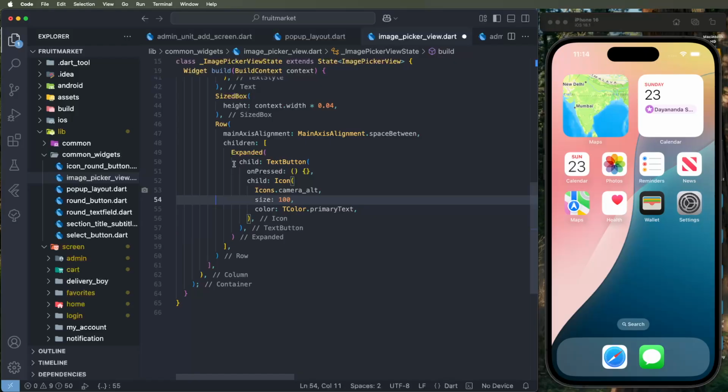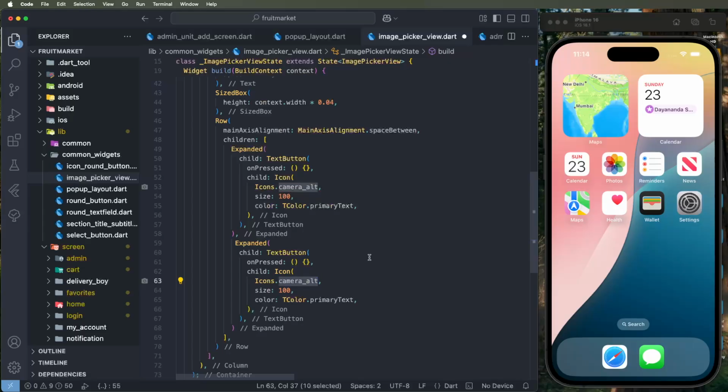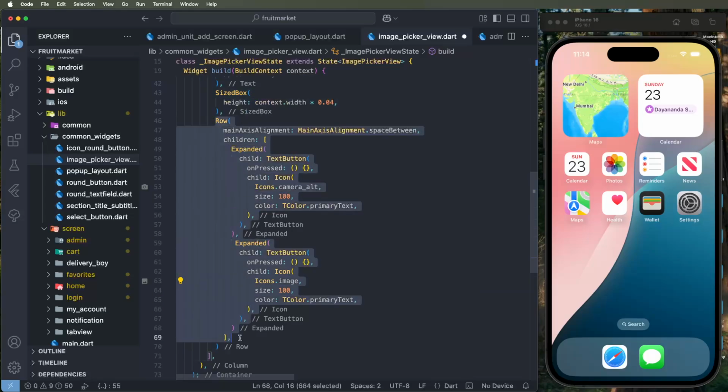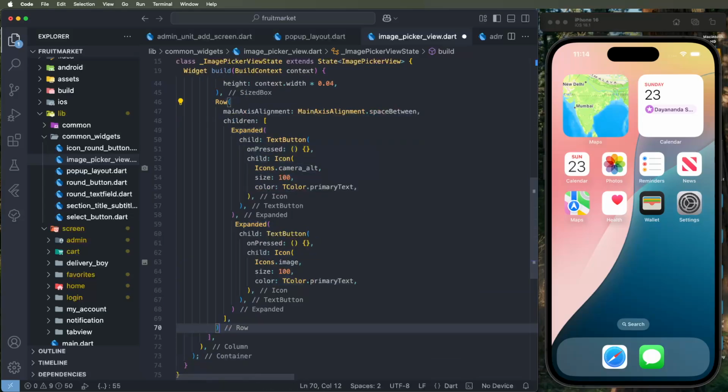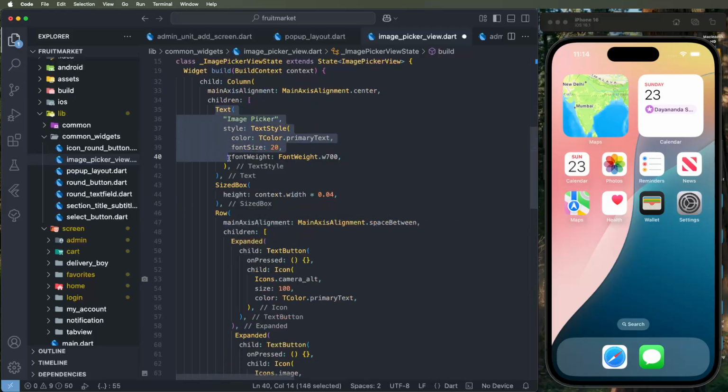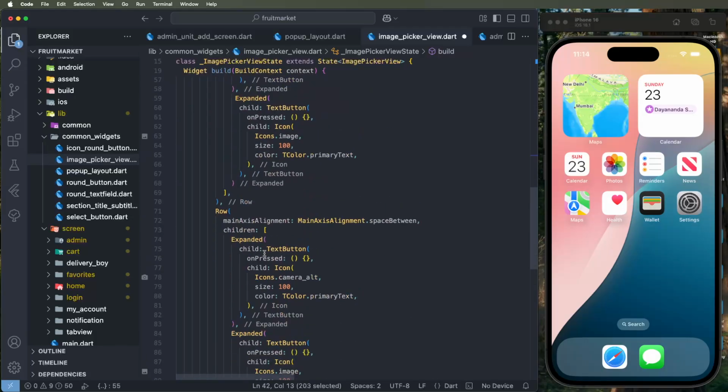Same as, you need to make here another one, and we need to set this here the image, like here's, and this click events. Then after, so need to create here the text. We need to develop here for this row. Again, so need to copy this row like here's and we need to set here the text. Now need to copy this text and we need to replace with this text buttons